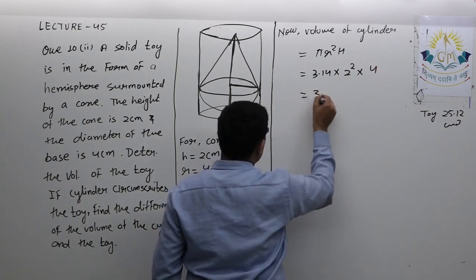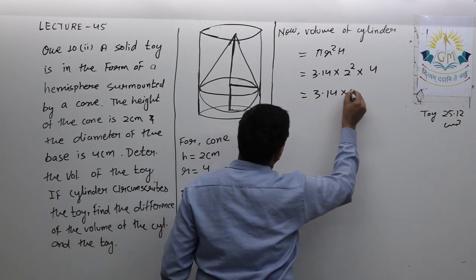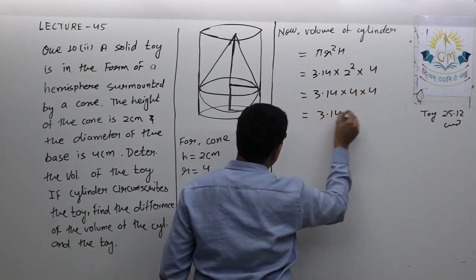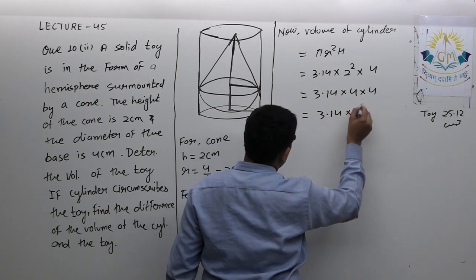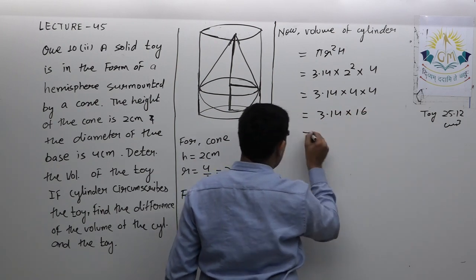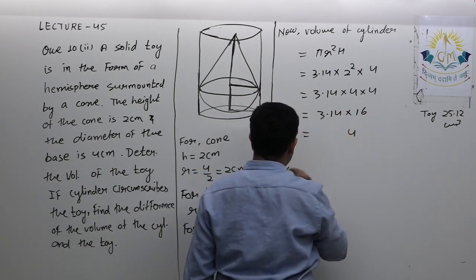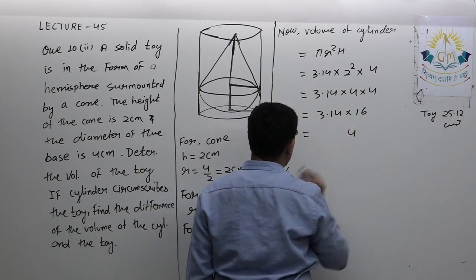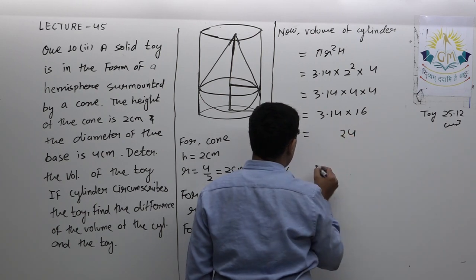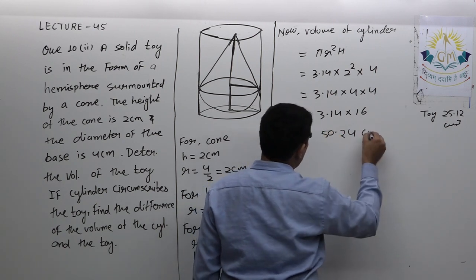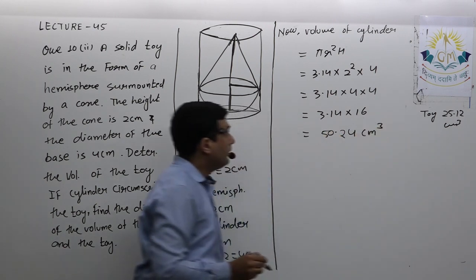So 3.14 multiplied by 4 multiplied by 4, that is 3.14 multiplied by 16, which is 50.24 centimeter cube. This is the volume of the